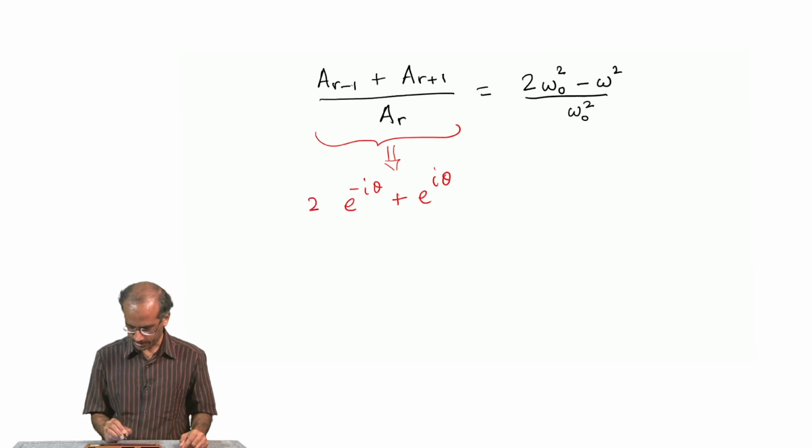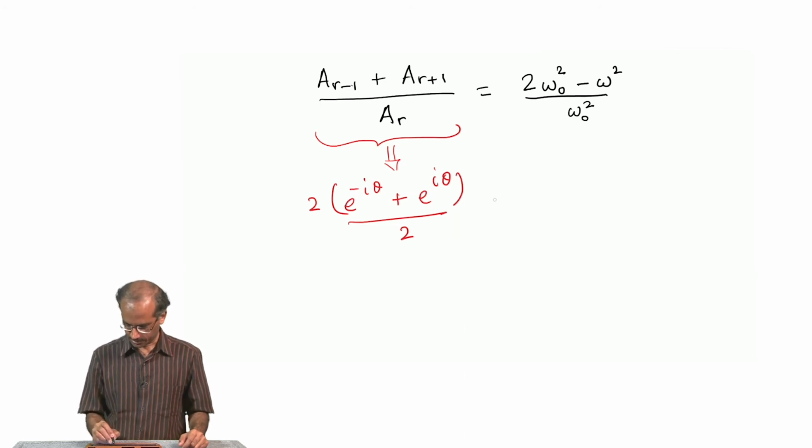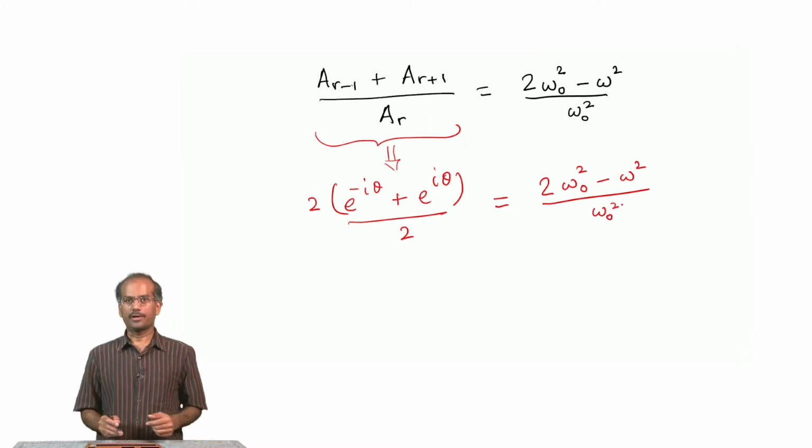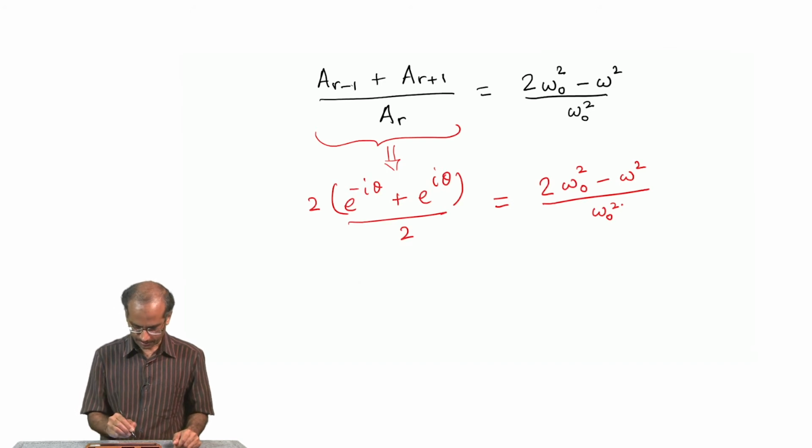I can multiply this by 2 and divide by 2, and of course, on the other side this is equal to 2 times omega 0 square minus omega square divided by omega 0 square. So, the quantity here is cos theta. So, my final result is,